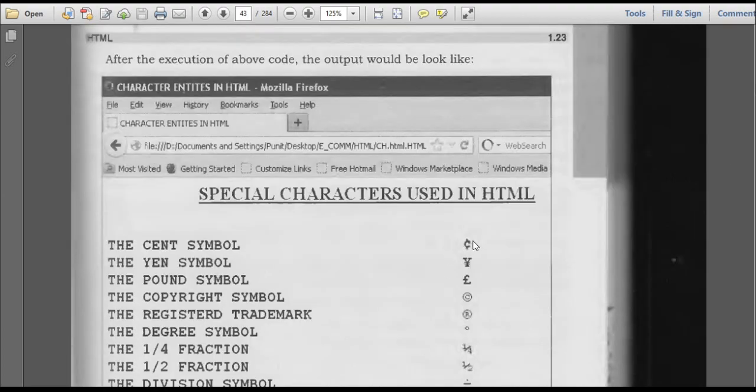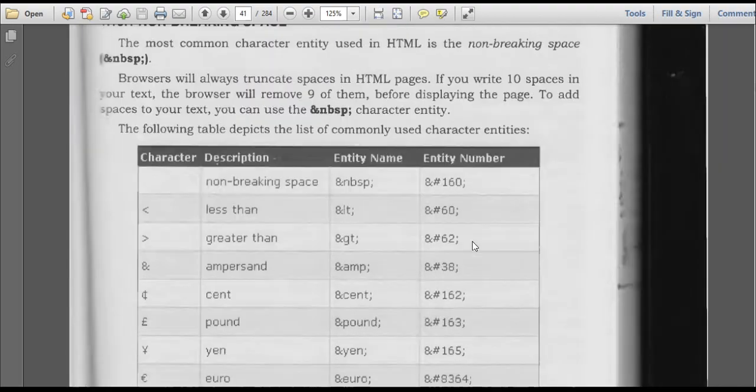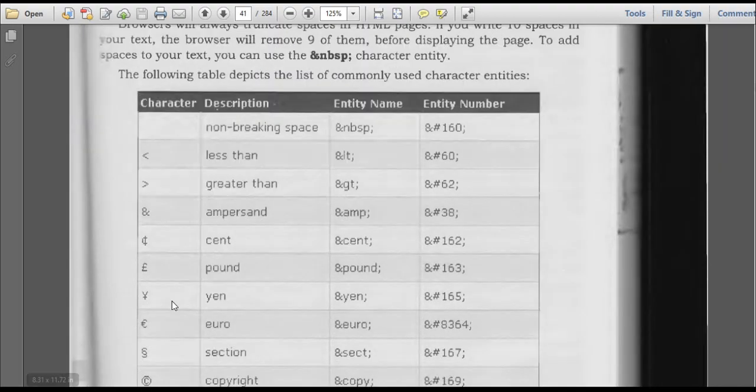Okay, so if you want to print these symbols, these characters, we can use either the entity name or the entity number. So to print this, every time we will have an entity name or entity number, and all the entity names must start with an ampersand.